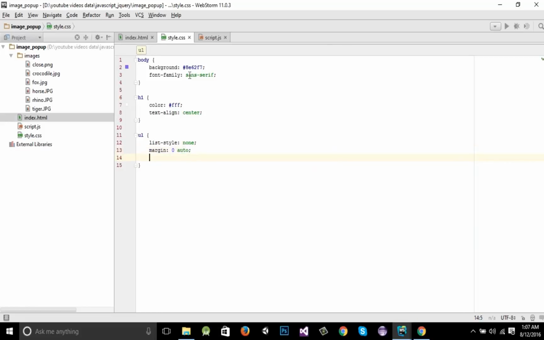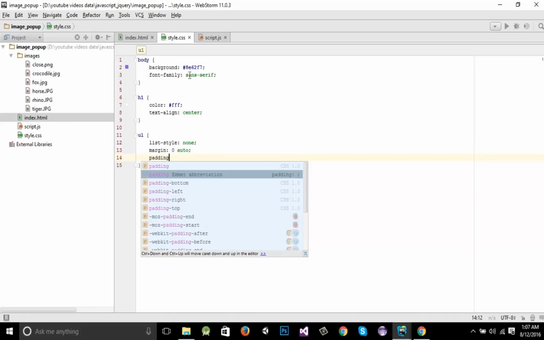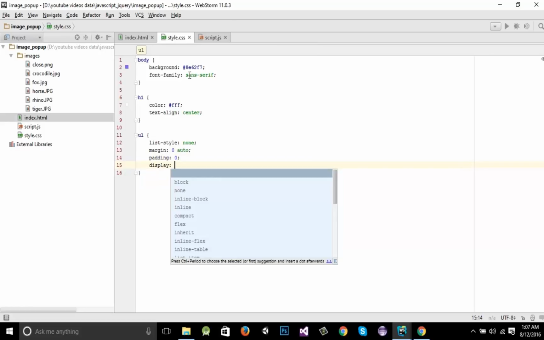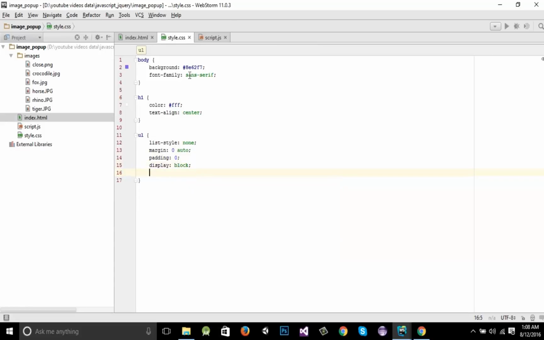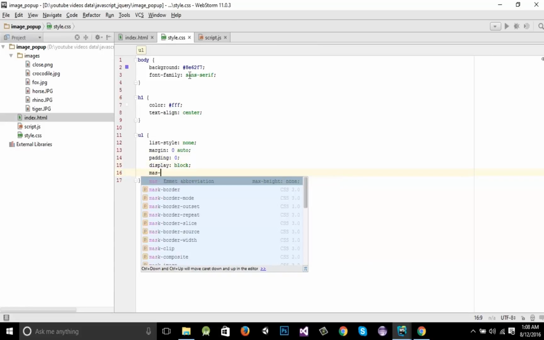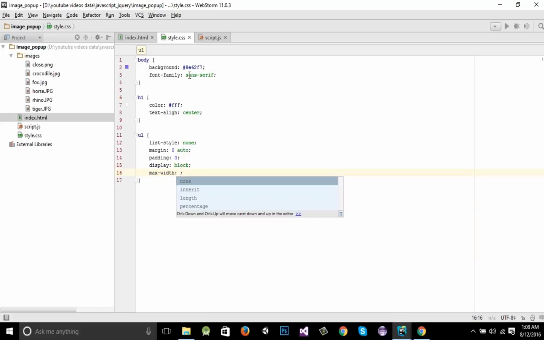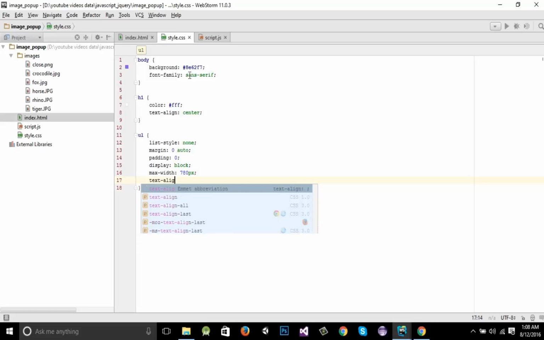And after that we have the padding, padding has to be 0, display has to be block, and max width has to be, let's make it 780 pixels. You can set these values according to your screen size. I'm doing it with my own screen size. So text align